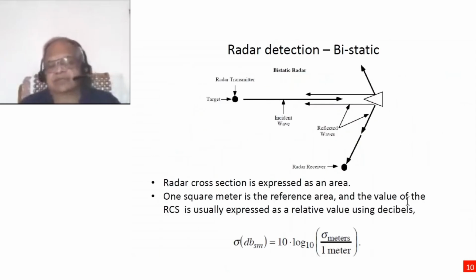So of course this increases the problem if it's a bistatic setup. While I may design an aircraft to minimize the reflected waves going towards the transmitter, the receiver may be somewhere else. If you know where the receiver is, then you can also alter the design of the aircraft or missile, whatever your object is, so that reflection doesn't go in that direction. But of course, since you're not aware where the radar receiver is, it becomes a difficult thing